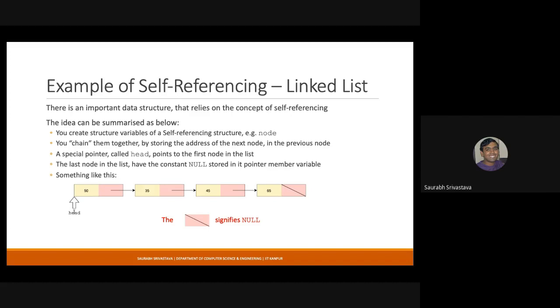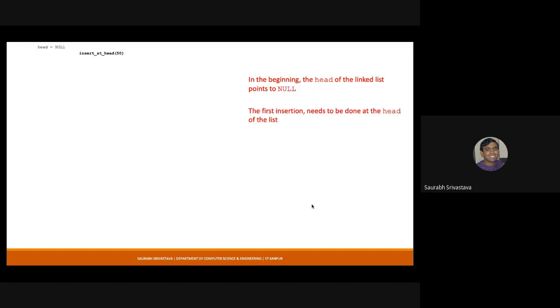The term we usually use is node. If I have a pointer pointing to the first node, starting from head, I can follow these pointers up to the end of this list, and this list is known as a linked list. So this is a typical example.